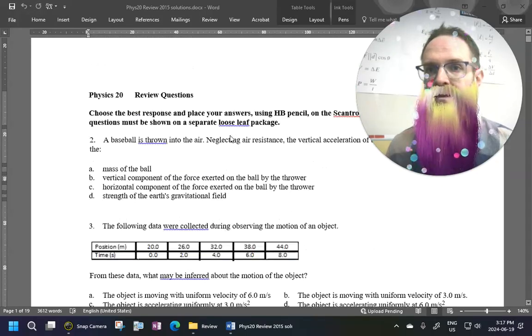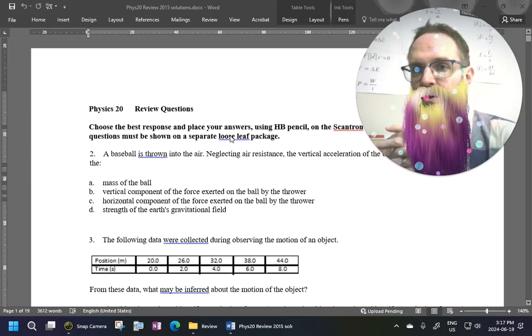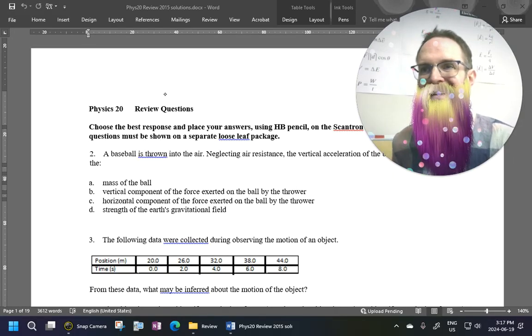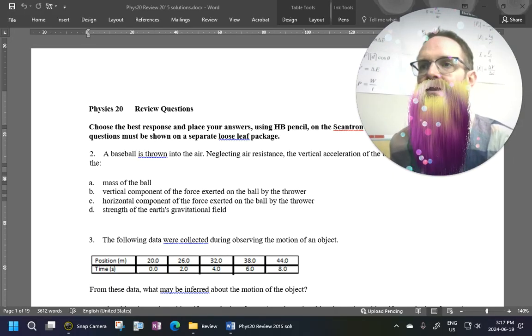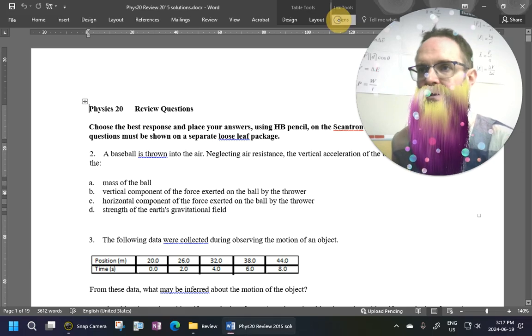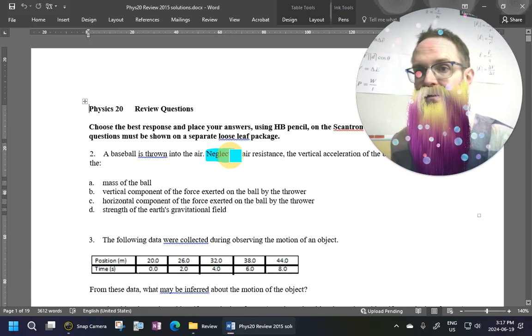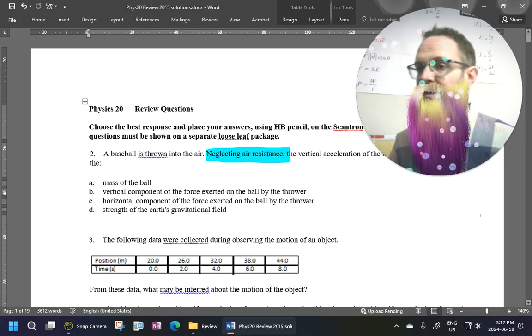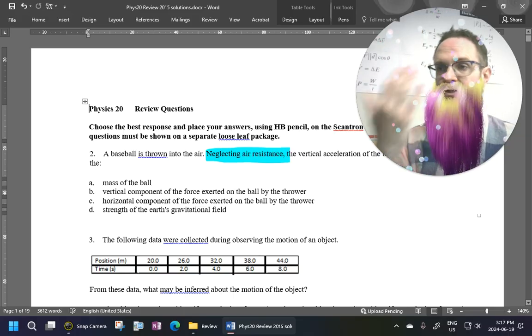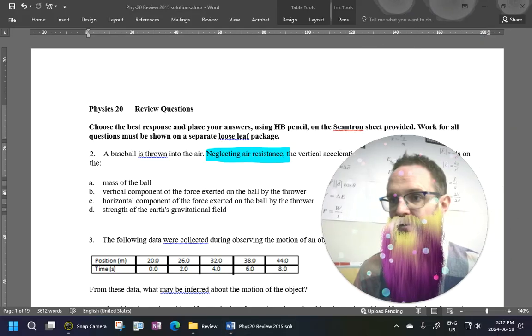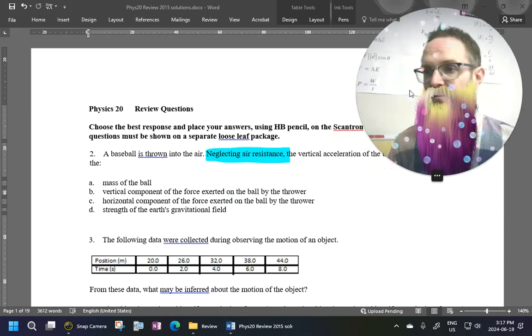All right. So we've got a baseball here thrown into the air, neglecting air resistance. Very important there. You're going to neglect air resistance. That means the only force acting on that thing would be gravity at this point. If I'm neglecting air resistance, then horizontally there are no forces. So it says here the vertical acceleration of the baseball after release depends on,